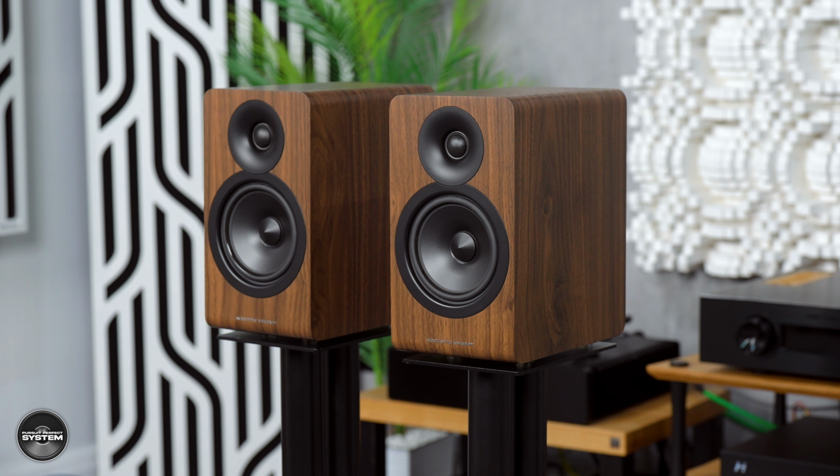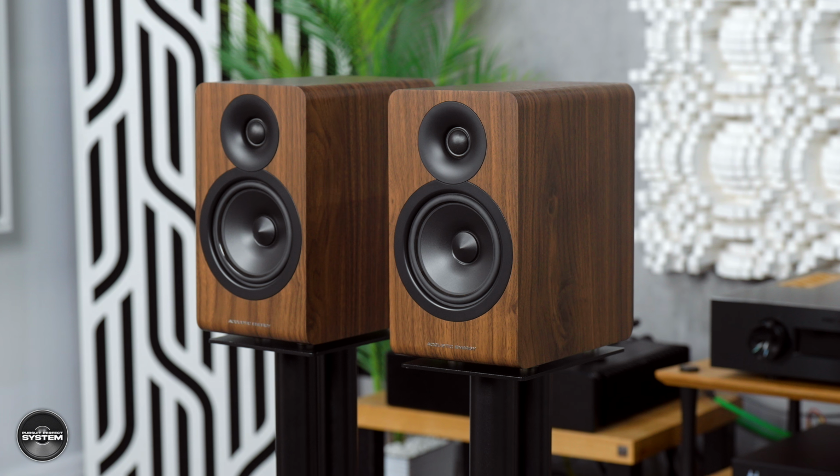And my previous experience with the Acoustic Energy AE3 and 500 stand mount speakers is that their sound is always very even-handed, always very nicely balanced, not trying to push things too extreme in any area, very easy to listen to. And you could say maybe they're playing it a little safe, but the positive of that is there are no negatives. There is never anything that can really stand out as a negative, and it makes the speakers very enjoyable to listen to. So naturally, I was expecting the same kind of house sound from the AE100 Mk2,